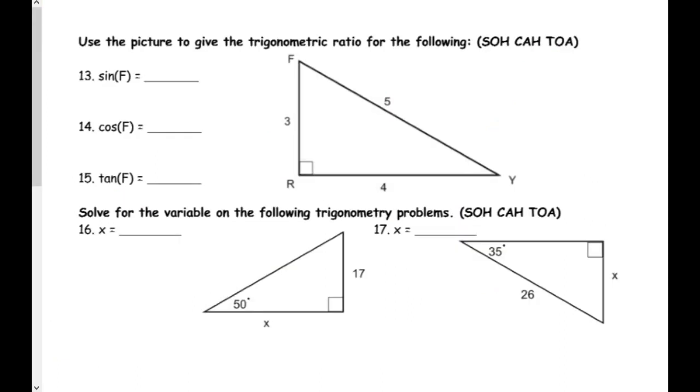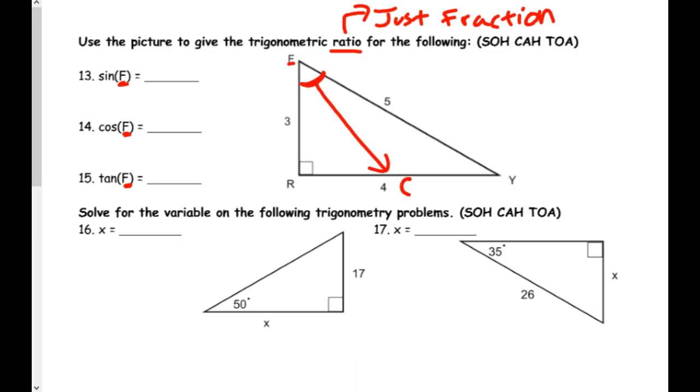Use the picture to give the trigonometric ratio. When you see the word ratio, that means just give me the fraction. That's what a ratio is. So I want you to notice 13, 14, and 15. We are all starting at F. So here's my F. That's where I'm starting. Some people don't start at the right angle and they get the wrong answer. So make sure you start at the right angle. F. I'm going to label O, H, and A,